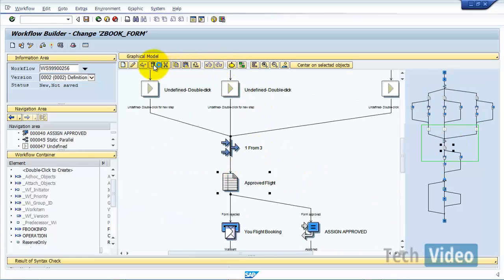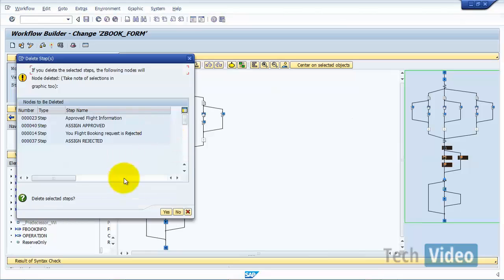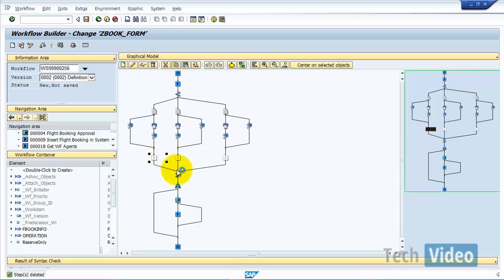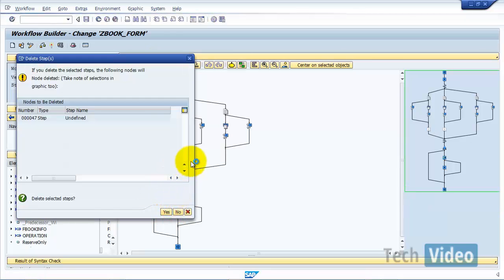Okay, so the 2 outcomes might be deleted. It says just information that these are the nodes which might be deleted, so I'll even define the undefined blocks, and yes,